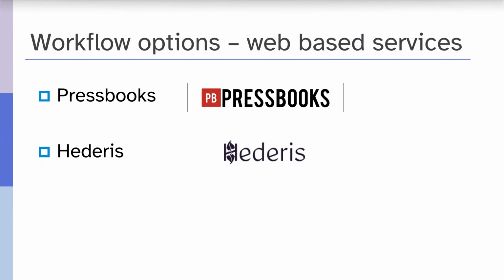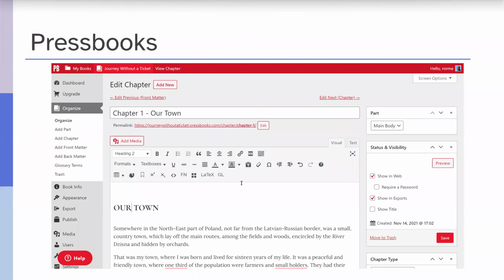Okay, so we said we'd cover some different options for producing accessible EPUB. And next we'll talk about web-based services. We'll explore Pressbooks and Headeris. So first, Pressbooks. Pressbooks initially started in 2011 as a platform for self-publishing authors, and now they work more with universities on academic and textbook publishing, also open educational resources. Pressbooks is used at institutions including UC Berkeley, Indiana, and Kansas